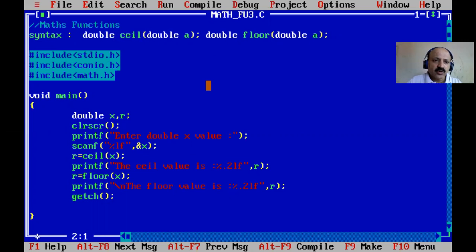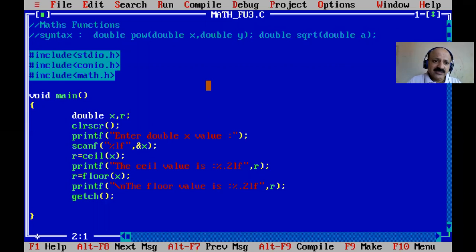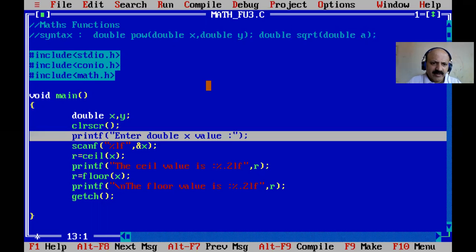Okay, I first open this comment line, and here I just remove the ceiling and power, and here 2x, and we can say double y, and here there is only one, and here I write the square root, sqrt. Okay, you can also write the syntax and take one by one. Now we can take x and y, and we can pass the x and also pass the y value.